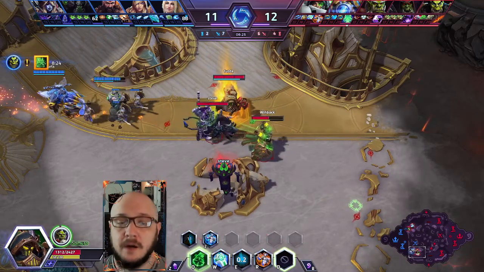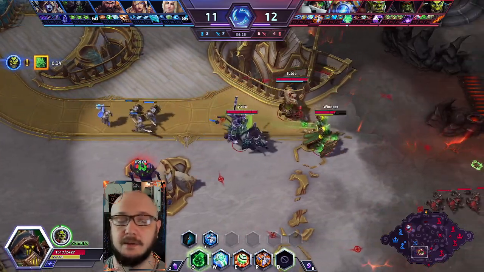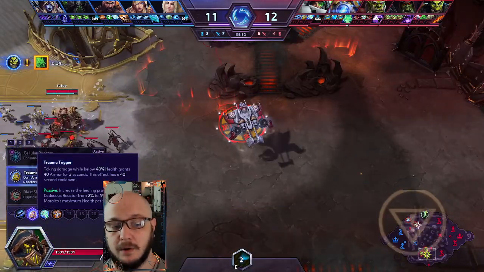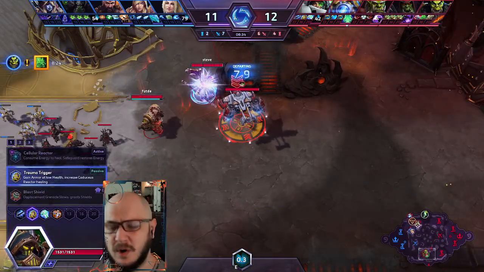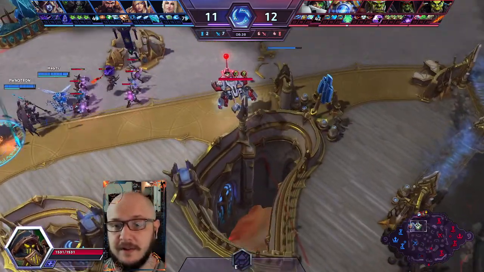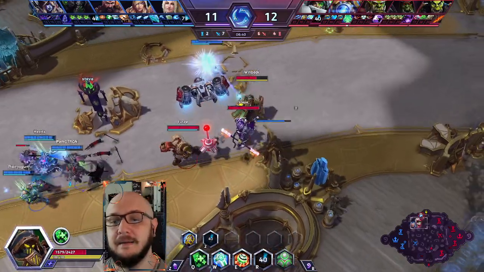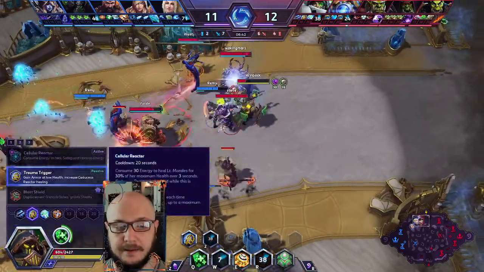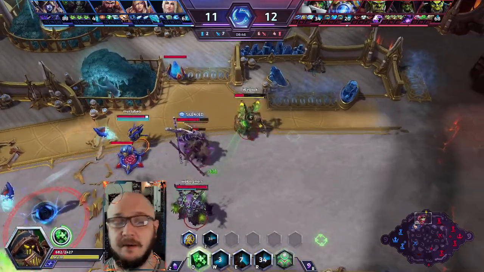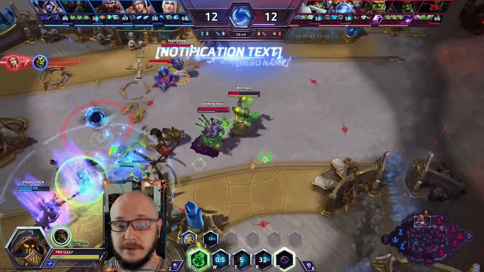But the increased auto attack range is going to make a lot of sense later on down the talent line, but we'll get there when we get there. Your level 4 talent, I took Trauma Trigger this time around just to kind of test it out, but I am not really feeling the Trauma Trigger. I think that the cellular reactor is definitely the best, but if you're building grenades like you used to be able to, you're going to...